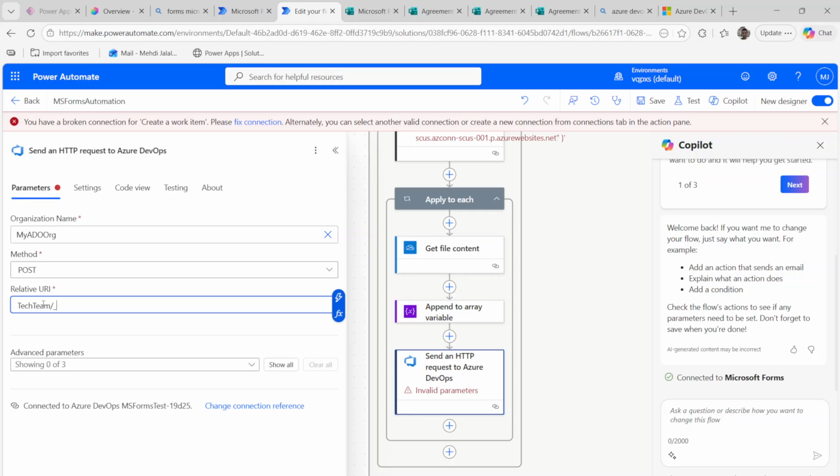Then underscore apis, underscore wit, underscore attachments,